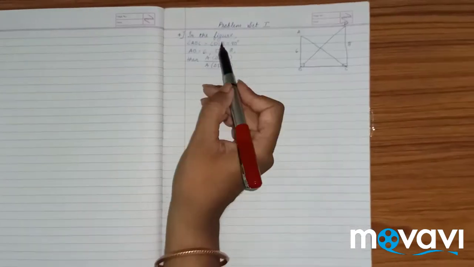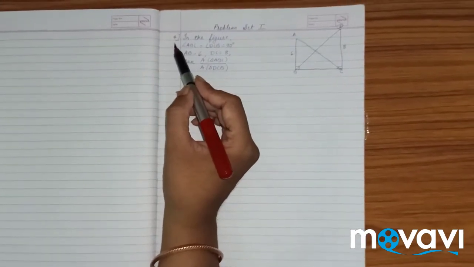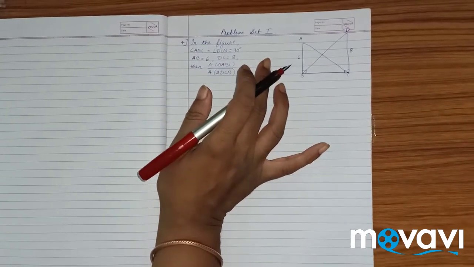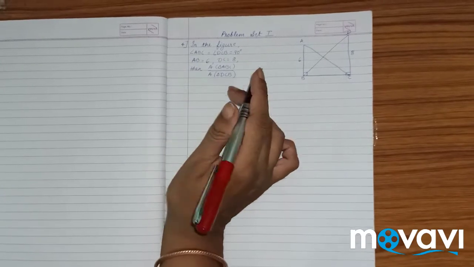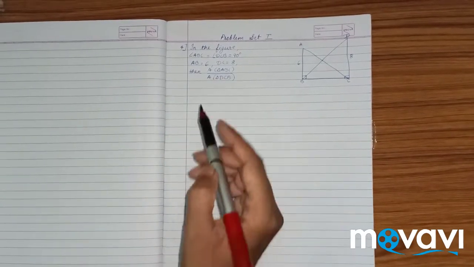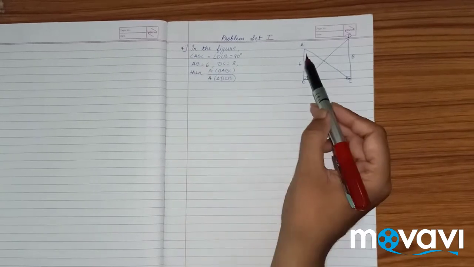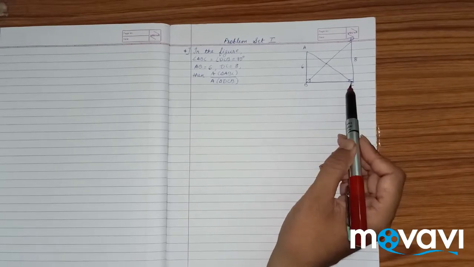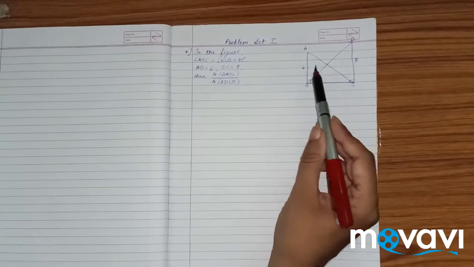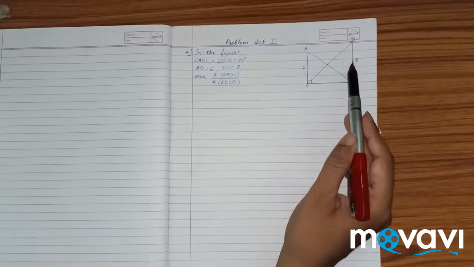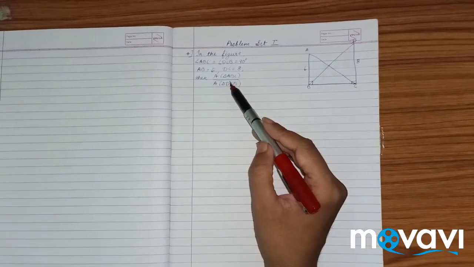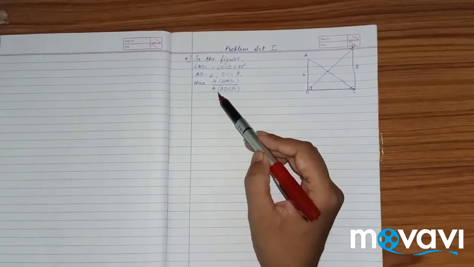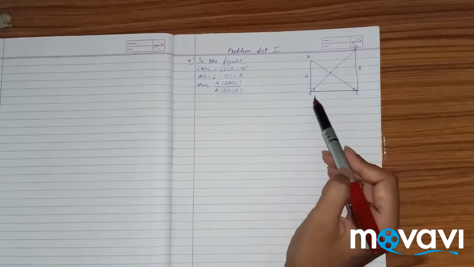So problem set question number 4. The third one is very easy and I am sure if you have understood till here, you will be able to solve the third one. So we'll solve the fourth example. In the figure, angle ABC is equal to angle DCB and both are 90 degrees. This is given to us. AB is given as 6 and DC is given as 8. You are supposed to find the ratio of area of triangle ABC upon area of triangle DCB.